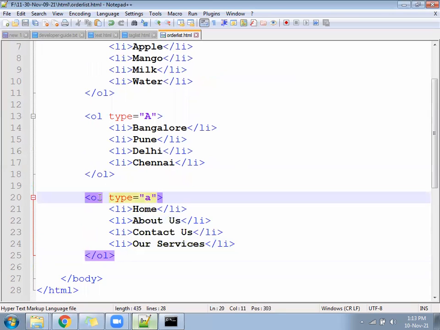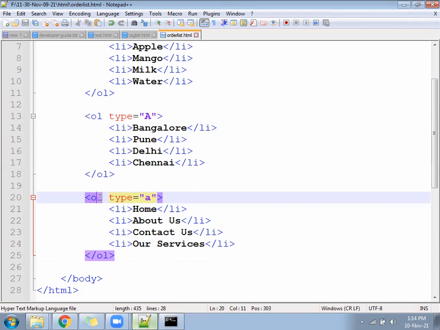Save it now. Again check once. It will give you the ABCD in lowercase. If you have a plan, it should not start from A, it should start from the D. It should start from the F. It should start from the M.